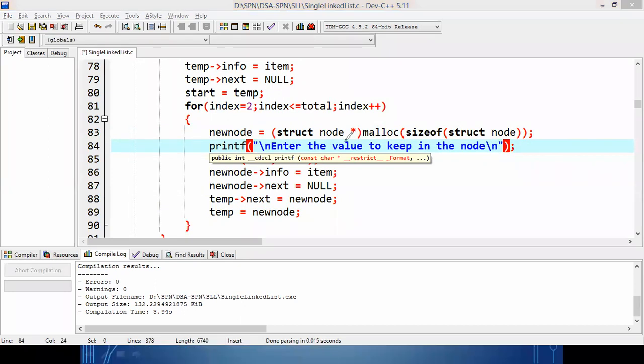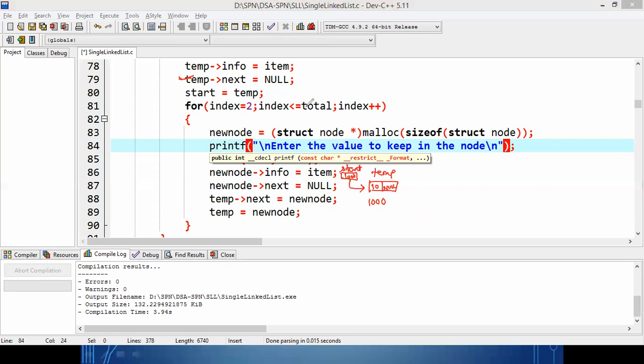So first, we have given the memory location to the temp. When I create temp initially, suppose it gets the memory location 1000. Done. So the start variable will get the address 1000, so that it keeps the address of the first node. And the item I'll keep here and the next part I'll keep null.